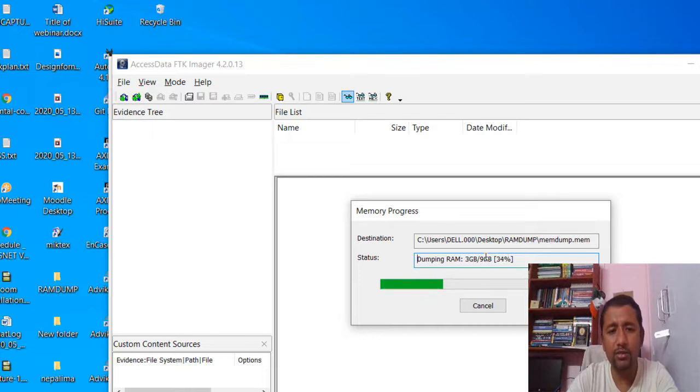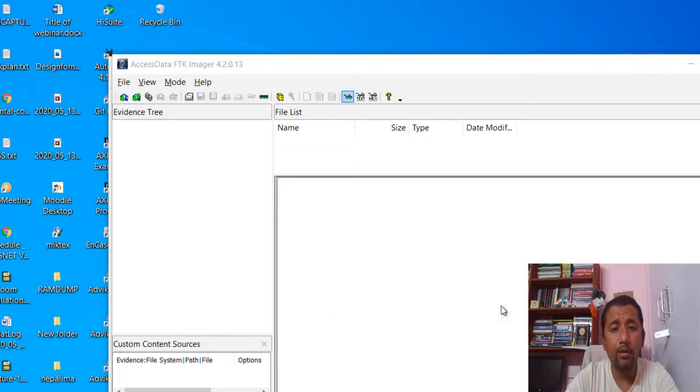Basically, the current processes are also running. If you have 8 GB RAM, exactly 8 GB RAM will be collected, but whatever is presently running on the system, like page file movement and all those, will be there. The current process will be loaded, and there will be some movement in the RAM. That's why extra data is also collected. It is almost completed, so close it.